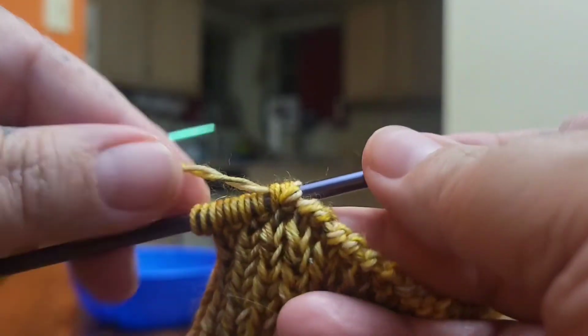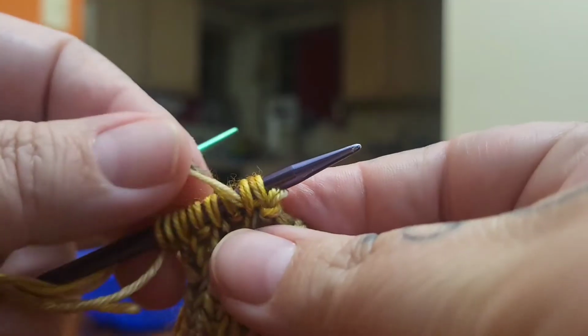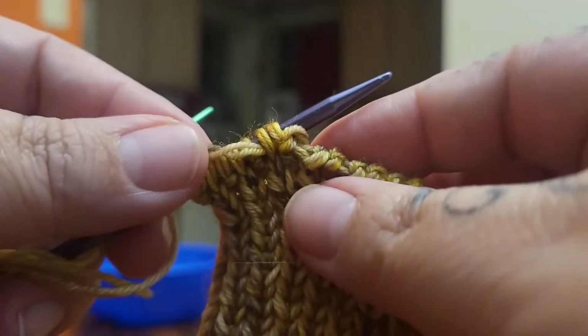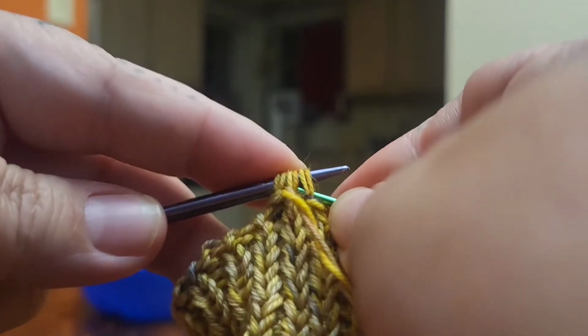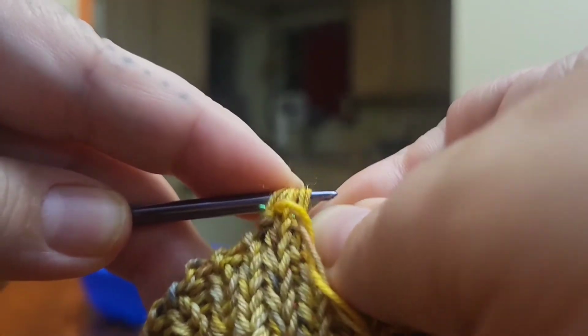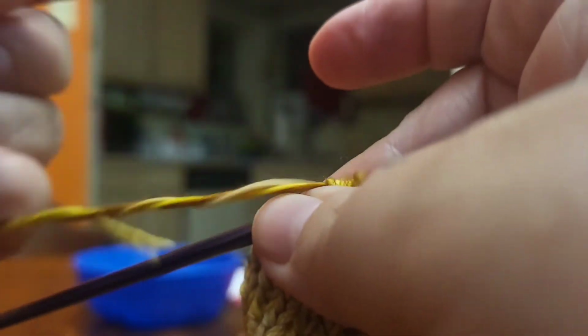There's nothing complicated to memorize. And you can do this in flat knitting, and obviously you can do it in the round the way I'm showing you now. So here we are on the last one. Okay, yay,